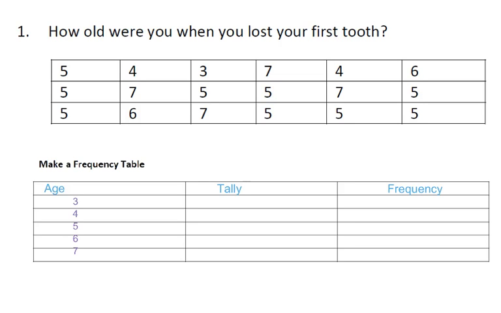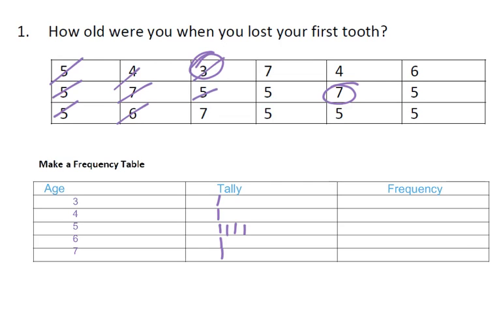So you can see that I looked at my data and I saw that it went from a low 3 all the way up to a high 7. So on my frequency table, I've listed 3, 4, 5, 6, 7. These are the ages, and then I'm just going to put a tally every time that I see that number in the data. So there's 1, 2, 3 5s that I see right away, so then I can put 3 tallies under 5s. Then I have a 4, a 7, a 6, a 3,